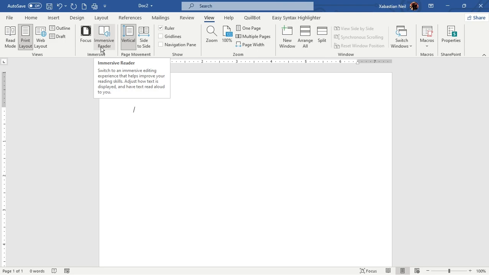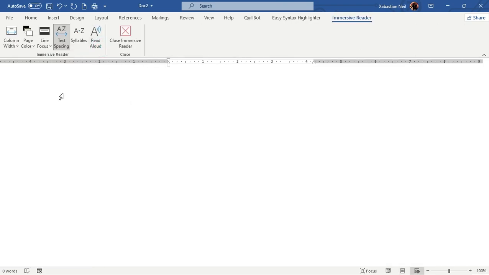Well, it helps you to switch to an immersive editing experience that helps you improve reading skills. So all the text which you're going to type is going to be read aloud. Okay, let's type in something. Let's say I'm going to type in banana. Now let's say I'm going to select it and then click read aloud. Banana. As you can see, it will spell out everything which you select, and